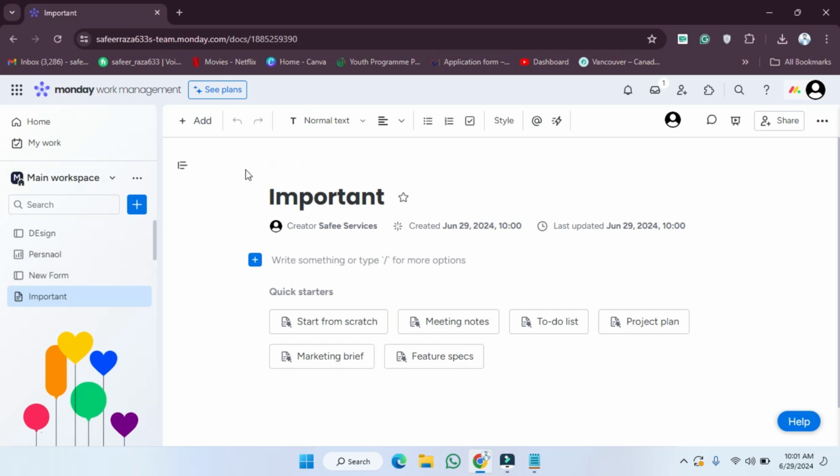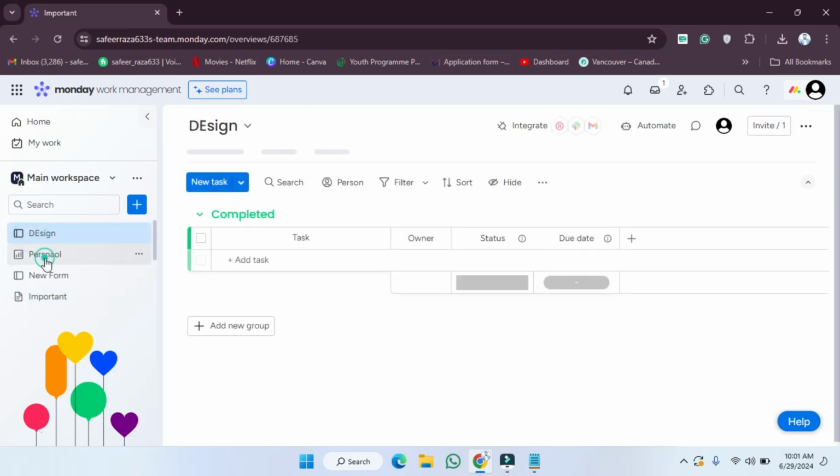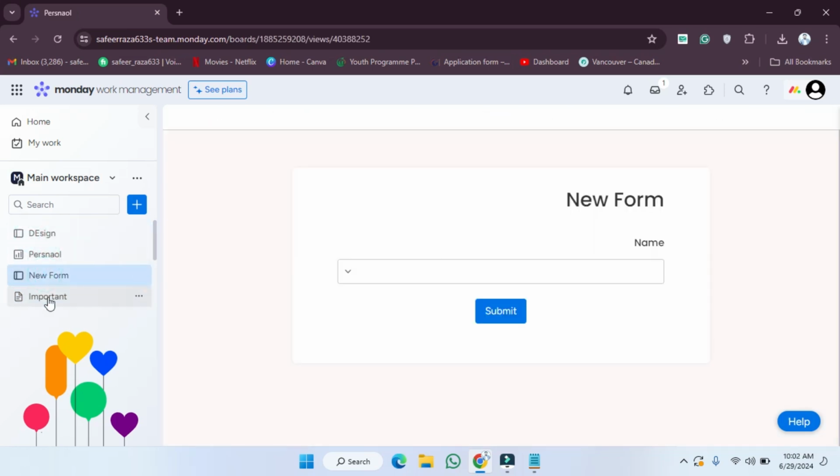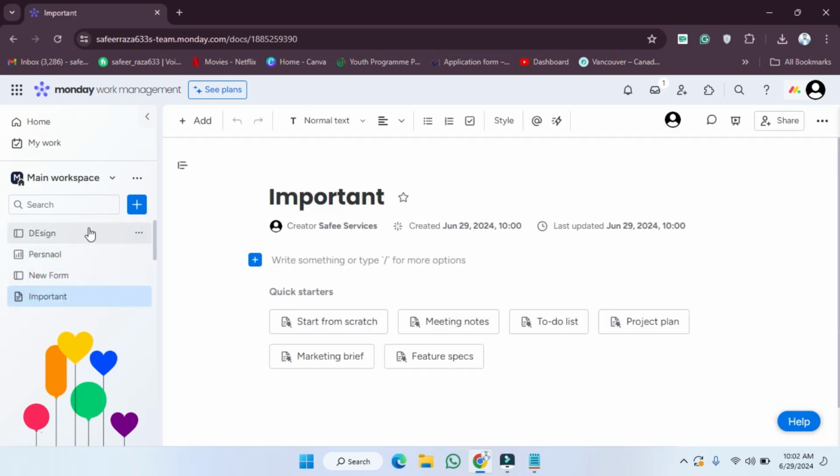So first of all, what we have to do, as you can see, we need to open our account, and after opening the account in the main workspace section, as you can see, I've created the design, and after I created the dashboard, I have created the form and the doc file as well. Now if you want to delete this, if you want to change or rename whatever you want, you can control